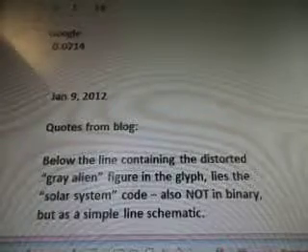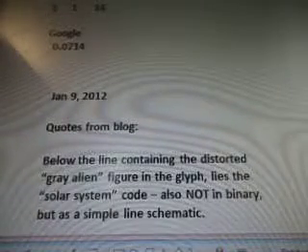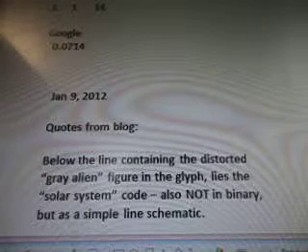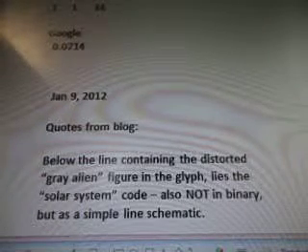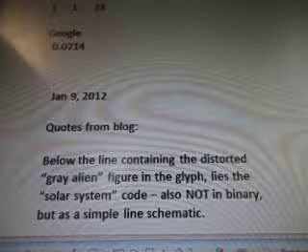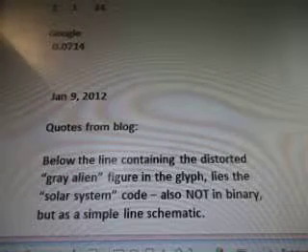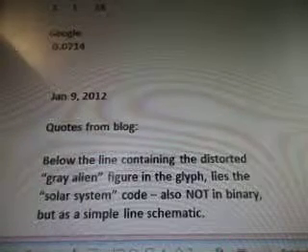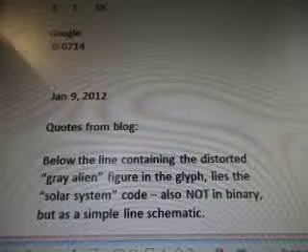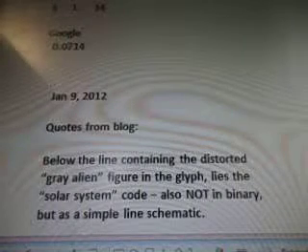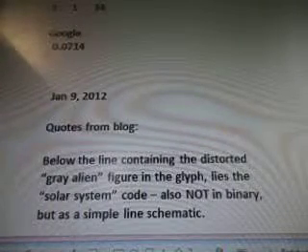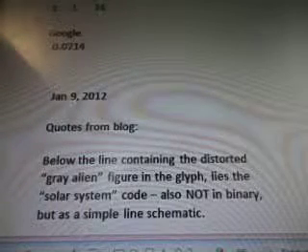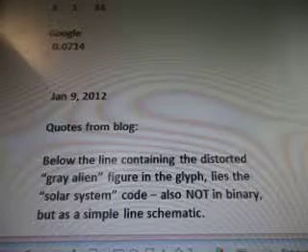Okay, so again, we have lots of keywords in this video. We're going to talk about a gray alien figure, glyph, solar system code, binary, line schematic, sun, inner worlds, elevated icons, 3 worlds, solar systems, pixel planet, twin planets, smaller twins, message, wheat, alien solar system, different stars, planets, extraterrestrials, humans, Mercury, Venus, alien communications, 60 extra solar systems, studies, quasi-exceptions, Pluto, astronomers, Neptune, Kuiper Belt, outer solar system,